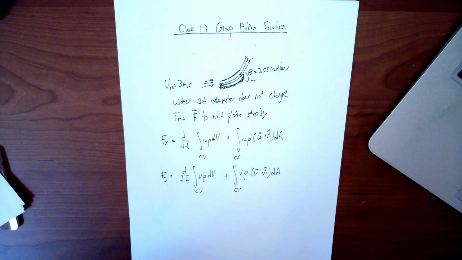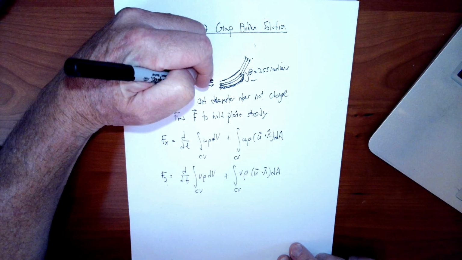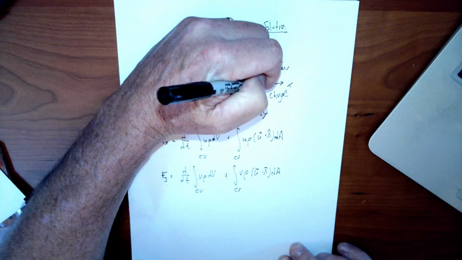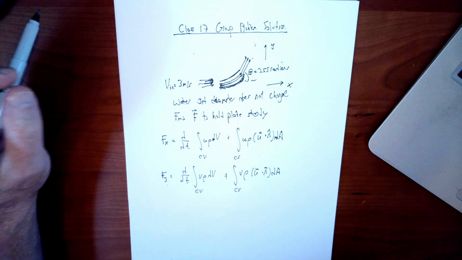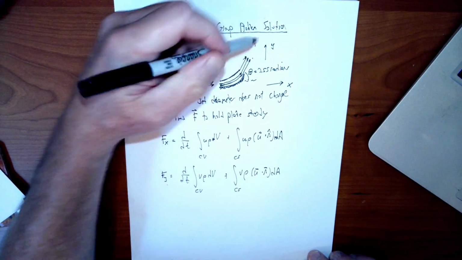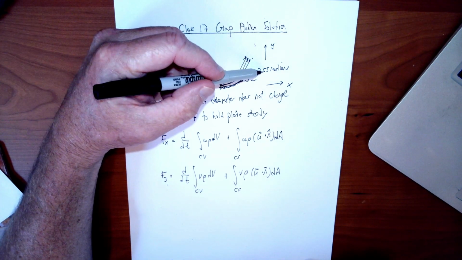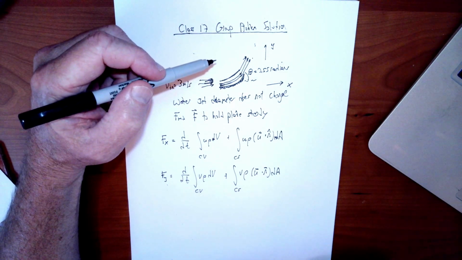This is the solution to group problem solution number 17 for class 17. So this is a problem of a water jet coming in from the left at a uniform velocity of 3 meters per second, and the jet is redirected into a different direction by a curved surface. Think of it as a curved pipe, and so it comes out going at an elevated direction relative to the original direction, at 0.55 radians to the x-axis, and you're asked to find how